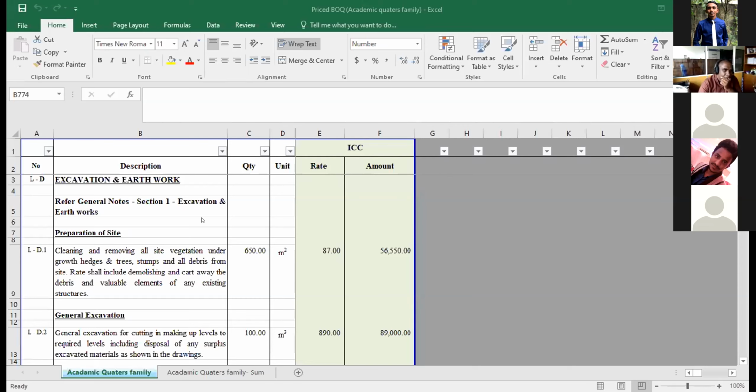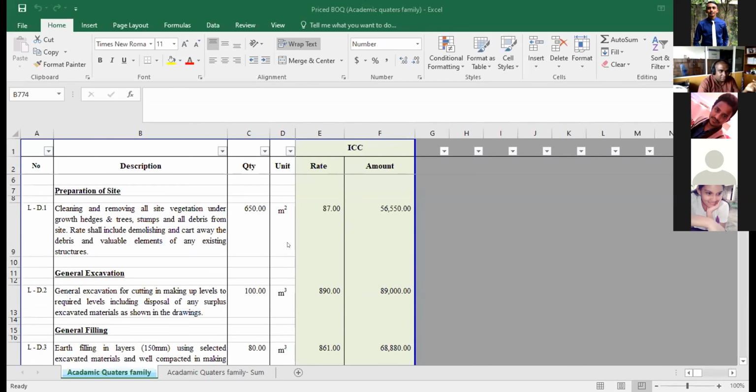Right. Now, what we need is, for your building, there is a set of main activities. For this case, excavation and earthwork is a major thing, right? LD is a major item, right? And LD1 is a summary item in that. Preparation of soil, general excavation. So I need a structure like that. Within the general excavation, you have some other activities. Prepare that structure accordingly. I need the BOQ to be drawn to a structure like that, separating different activities.